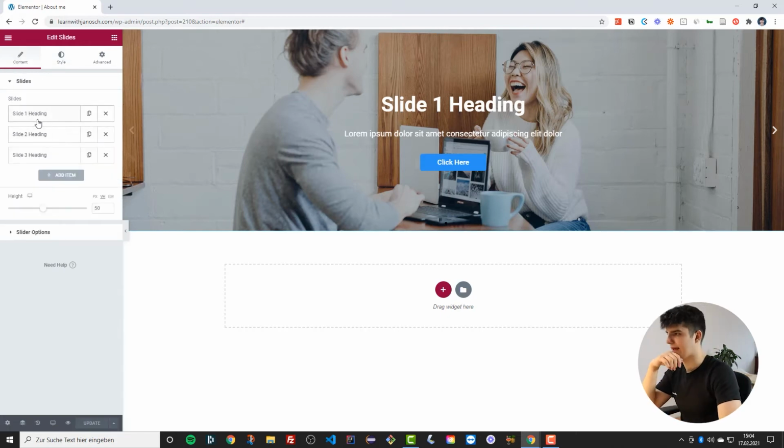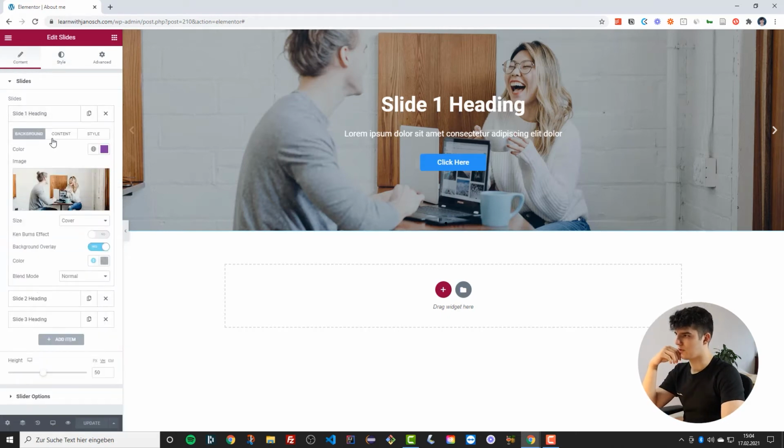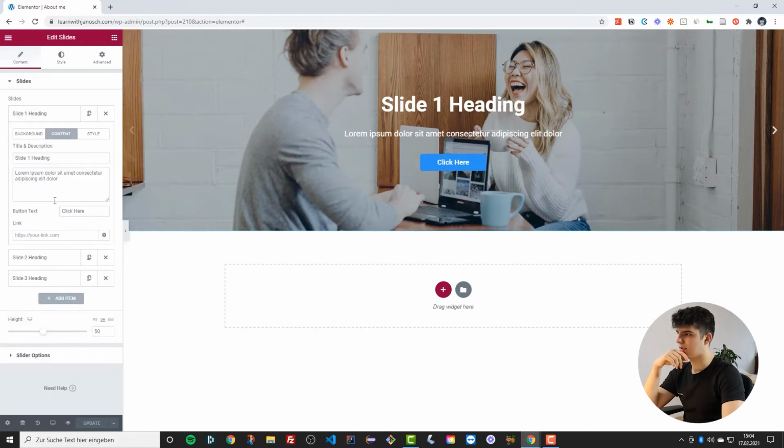Now we could actually add in titles. So we could go into the individual slides, and then we could go to content, change up the button that appears on the different slides. We could change up the title and so on. So we could say something like, I love working